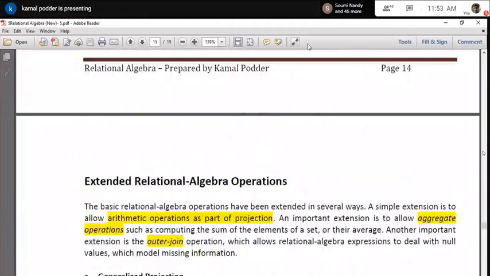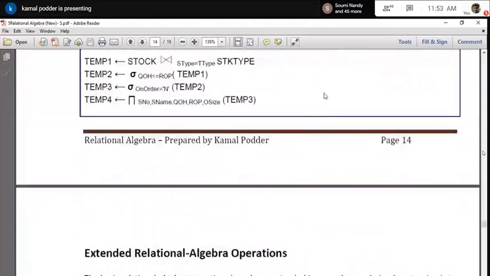And mind it, in most cases I have shown how to retrieve records. So naturally the question is, can I not do insert and update with the help of relational algebra? Yes, you can also do that. I'll give some examples, but all those things are not included in the syllabus. Still I have given some examples for completeness, nothing else.